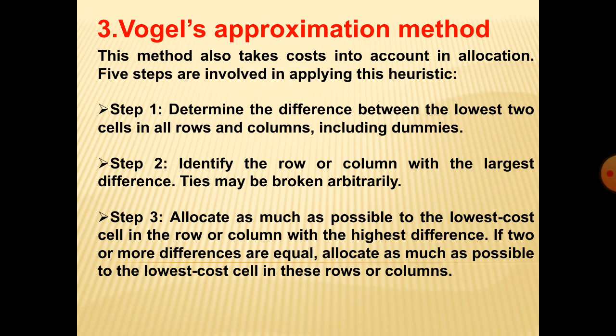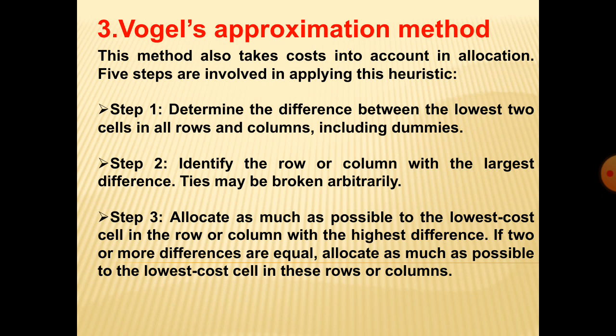Students, last class we went through the northwest corner rule and the least cost method, and also balanced and unbalanced problems. What is a balanced problem? If supply is equal to demand, then it is a balanced problem. If supply is not equal to demand, then it is called an unbalanced problem. We solved many problems on initial basic feasible solution by the northwest corner rule as well as the least cost method, using balanced and unbalanced problems.